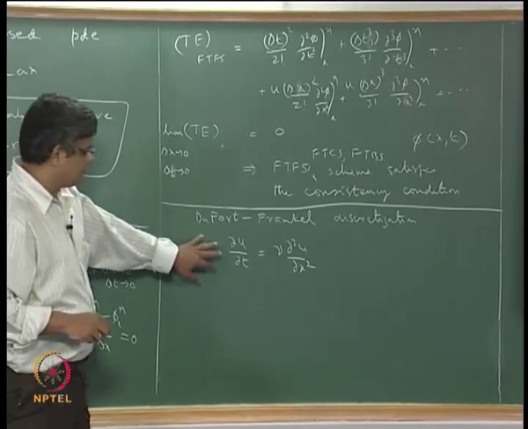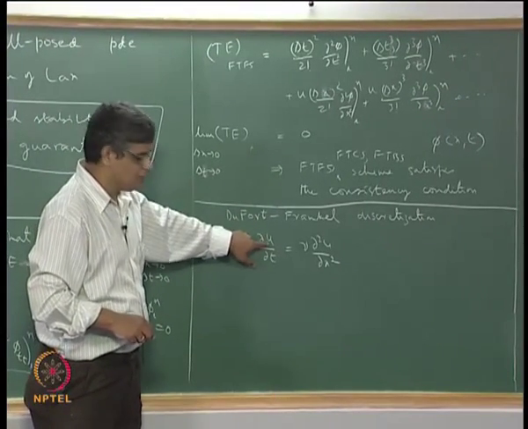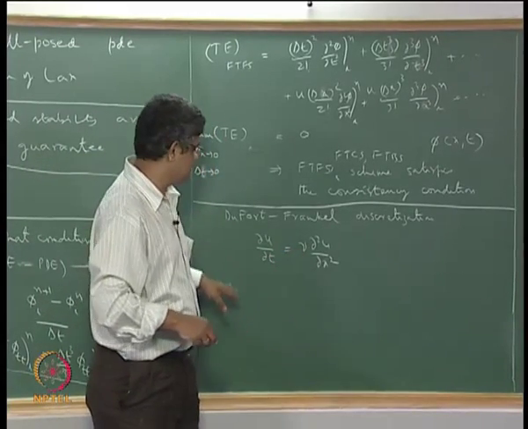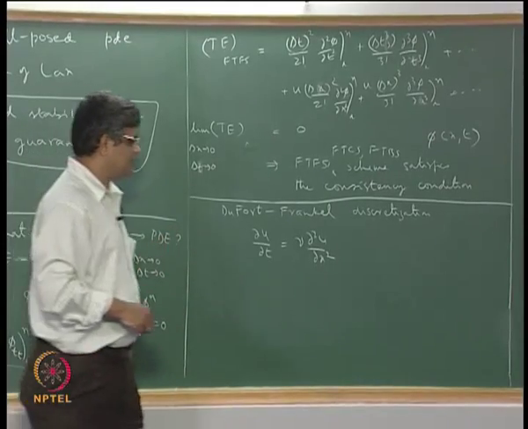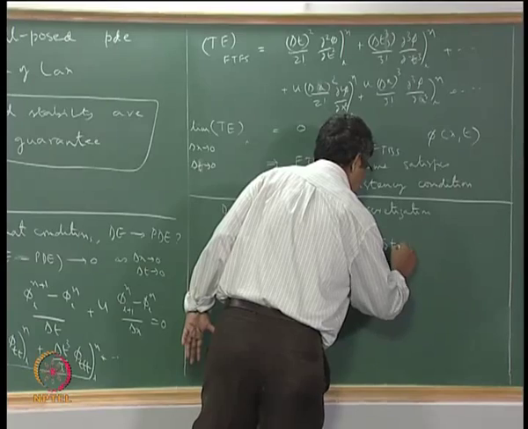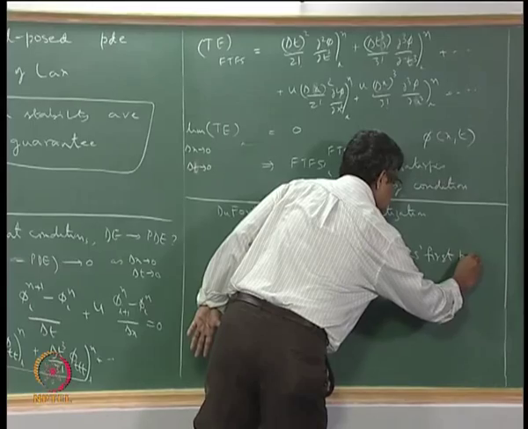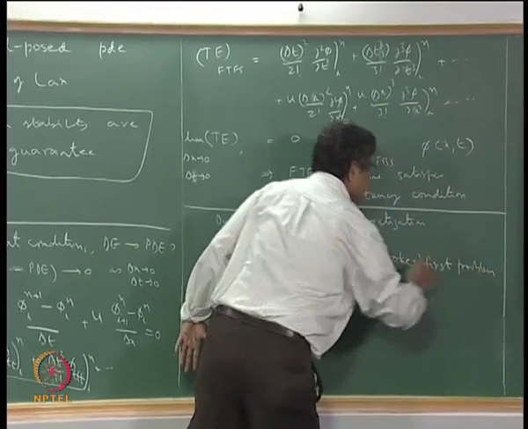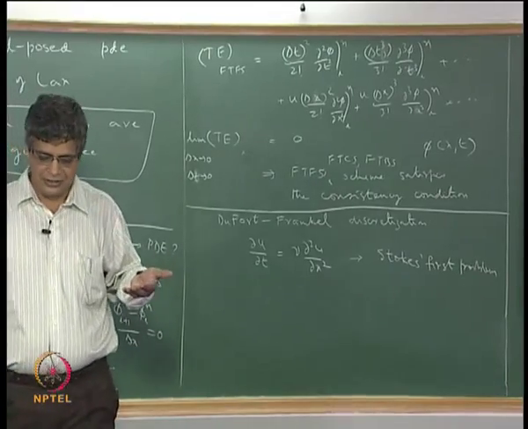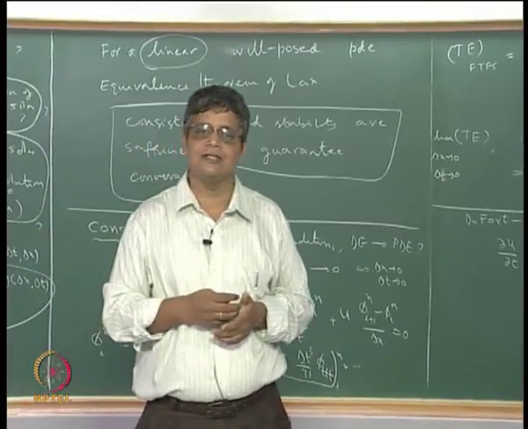Okay, so this is written for different cases, but in this case u here represents a velocity and t is obviously time and nu is the kinematic viscosity. One can see this as a fluid mechanics problem, and this is also known as the Stokes first problem, which arises, for example, when we consider the case of an infinite expanse of fluid, let us say liquid, and